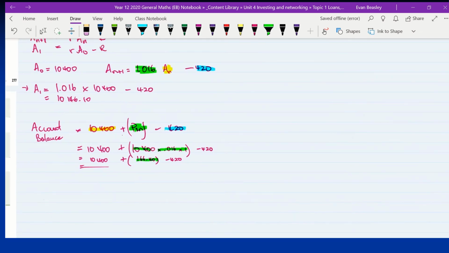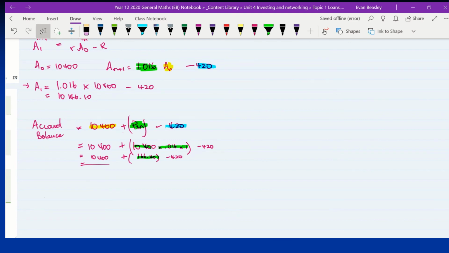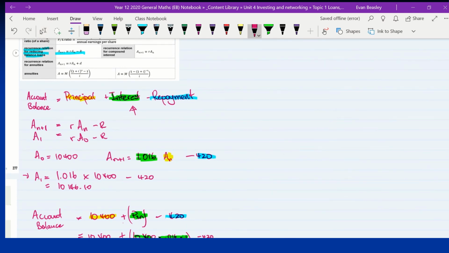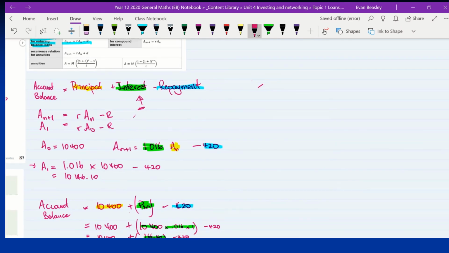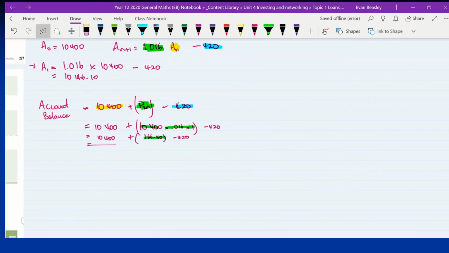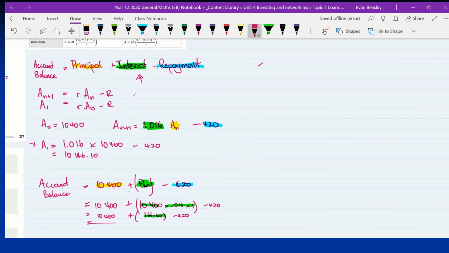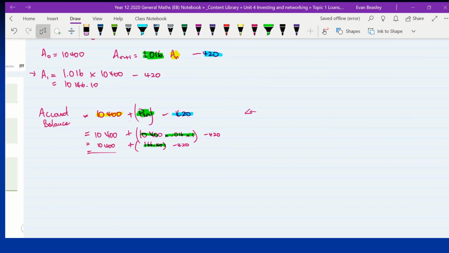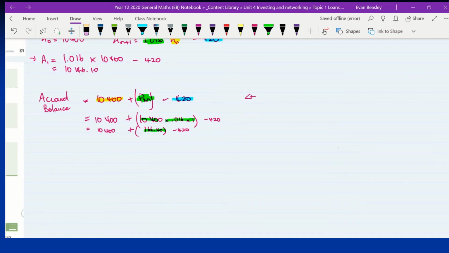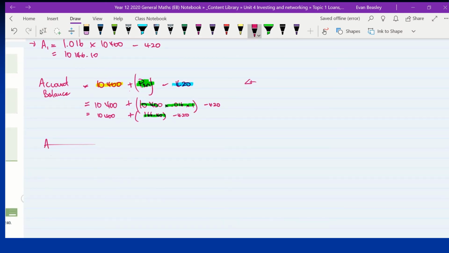Right, so let's now have a look at what we mean by reducing balance. And I'm going to do this first of all using this method here. And I'm going to particularly look at this interest term here in green. And I'm going to explain it using the above formula first of all and this strategy here. So we worked out after 1 compounding period, this loan was now reduced down to 10,146. So at the start of the second compounding period,